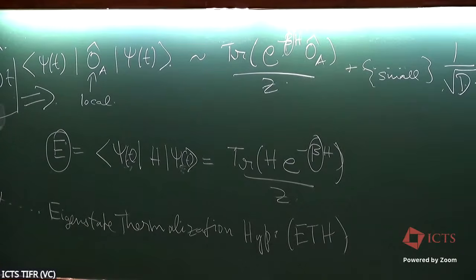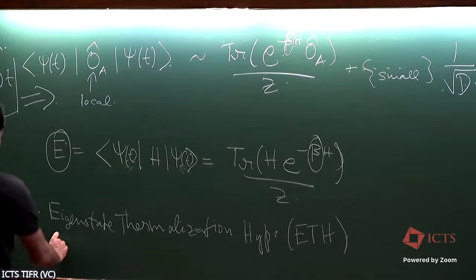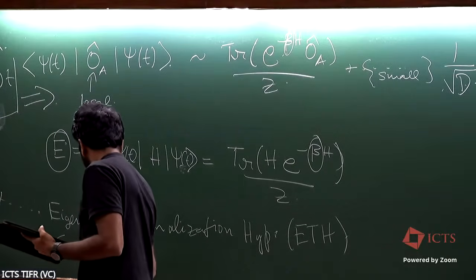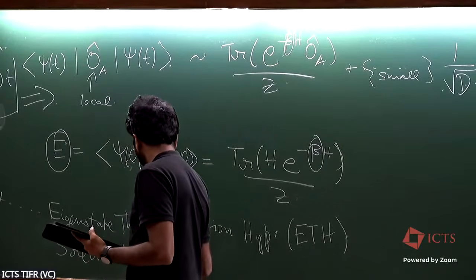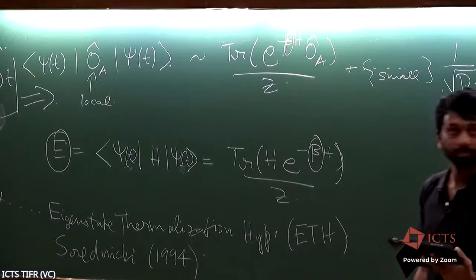And so the idea is, even though the ground state of your Hamiltonian is very simple, it might have topological order and things like that, very nice structures, the eigenstates are somehow very complicated. They're just thermal states, and they almost look like random states in the Hilbert space. Okay, so these are random in quotes because they're not truly random, but they're sufficiently complicated that you can treat them as random states. Right? And this kind of a hypothesis was introduced by Srednicki in 1994.